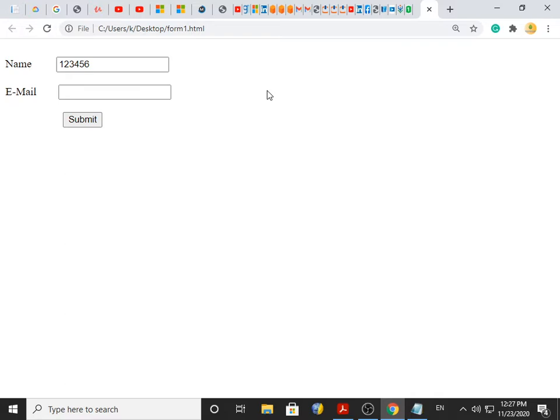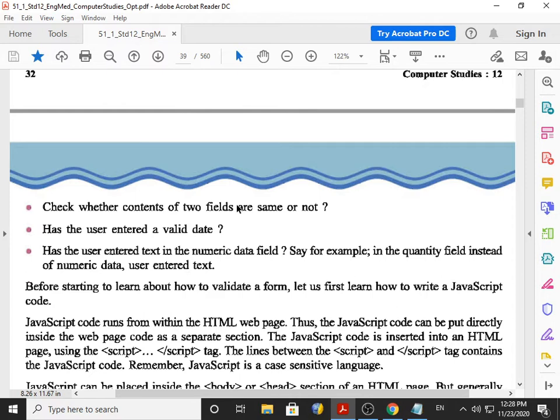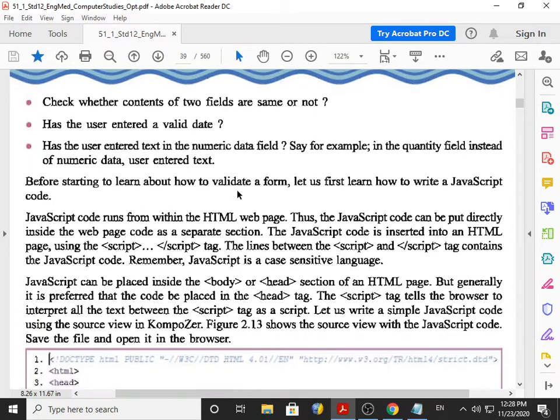Another part is to check whether the content of two fields is the same or not, whether the information entered by you in two fields is the same. For example, sometimes it says enter your password, and then it says retype your password. It means the password which you enter and the password which you retype are both required to be the same.